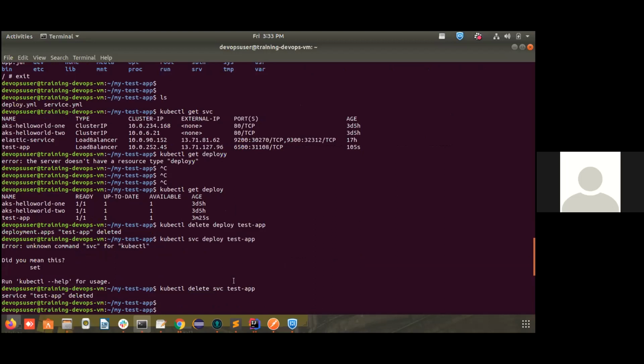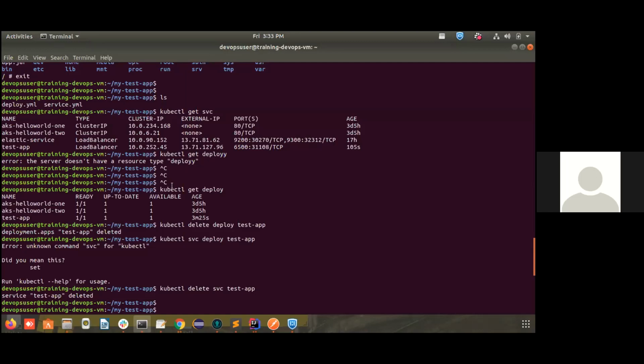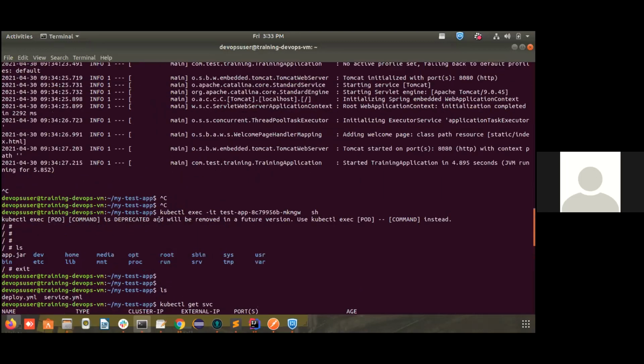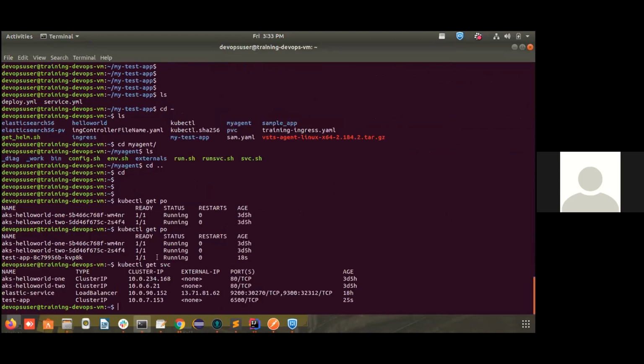But if you don't give the load balancer and use a cluster IP, it will expose a cluster IP for you. Using that cluster IP or the service name, you should be able to connect with that particular application. So for now, I used only cluster IP. So the external IP is none, but I have a cluster IP that is created.